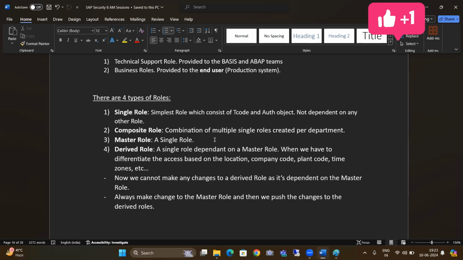TCS has multiple branches, like one in Gurgaon, one in Lucknow, one in Mumbai, Bangalore. Suppose all the people working there are in the SAP security team. Whether I'm working from Lucknow and you are working from Mumbai, we both have to use the same role,